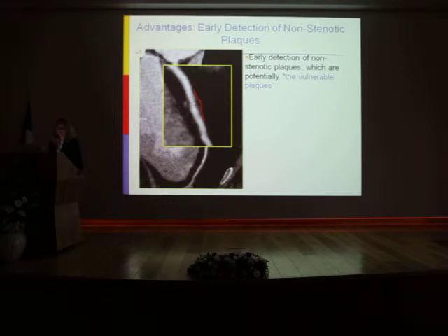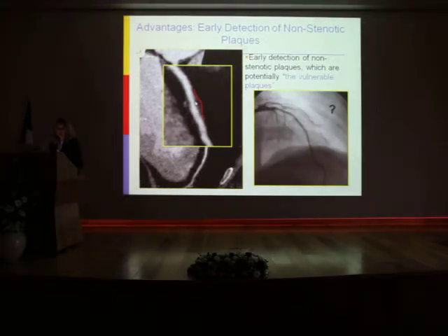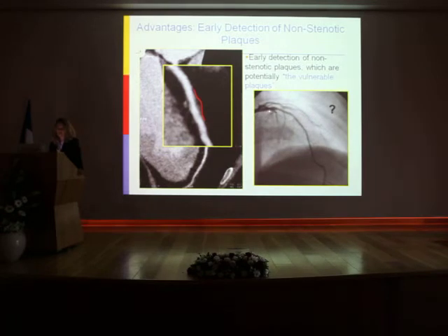This is also based upon intravascular ultrasound correlation with CT. And if we look back, this patient also had invasive angiography for other reasons. You can see that no one can, even in retrospect, identify this positive remodeling plaque,